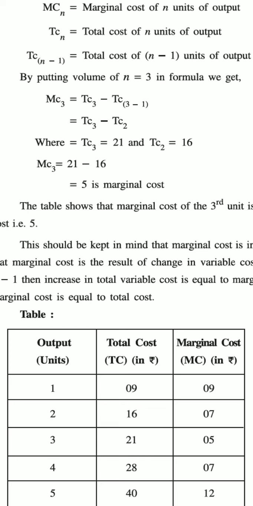So you have to know that when we talk about marginal cost, we use the term for producing 1 unit, for producing the 2nd unit, for producing the 3rd unit. So we are talking about only 1 unit over there. That should be very clear. Okay, so marginal cost, it can be said, is the result of a change in the variable cost when the production decreases from n and goes to n minus 1.